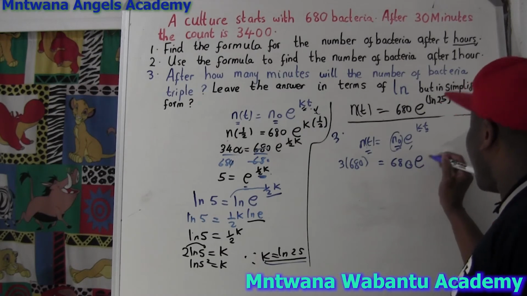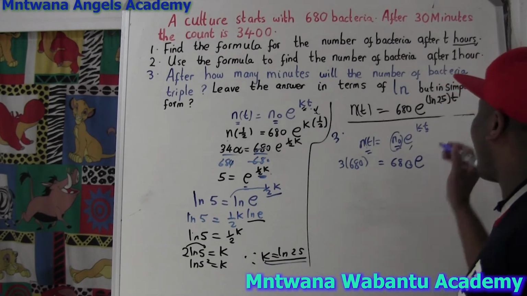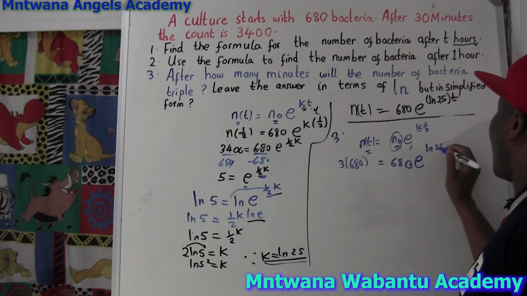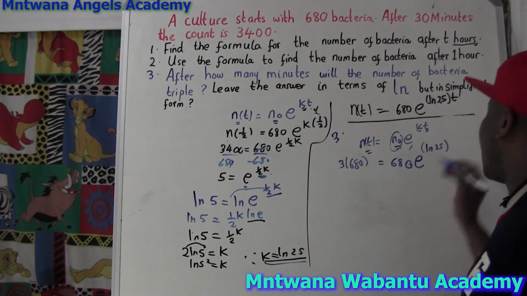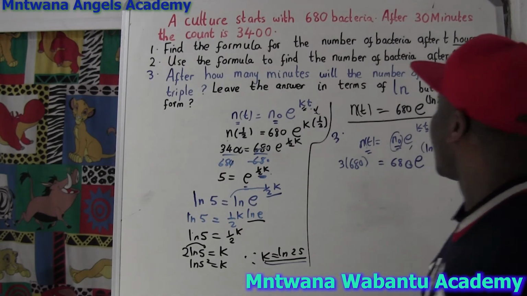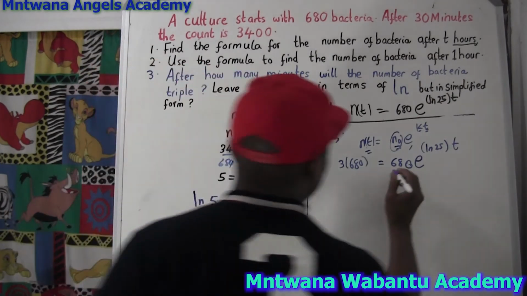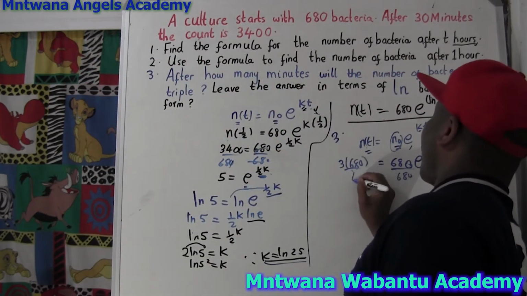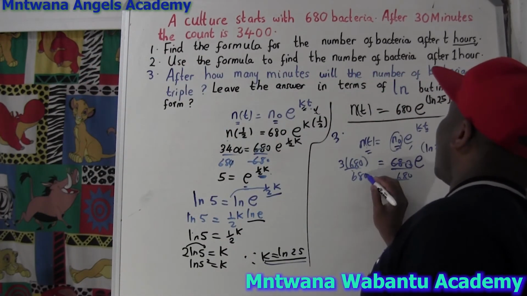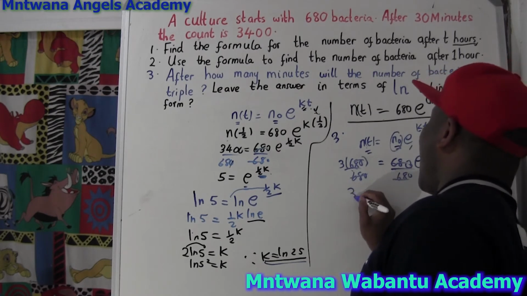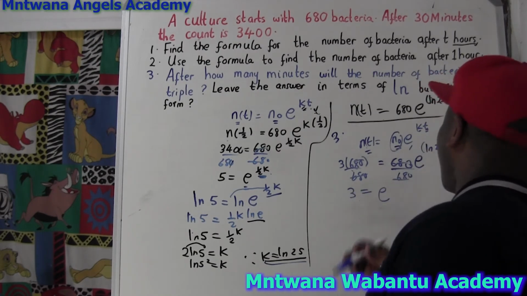And they say E^K. Do you have it? Oh yes, we have ln of 25 times t. This is what we're looking for right now. So what I'm going to do is divide by 680, divide by 680. So this and this cancel. I'm left with 3 equal to e